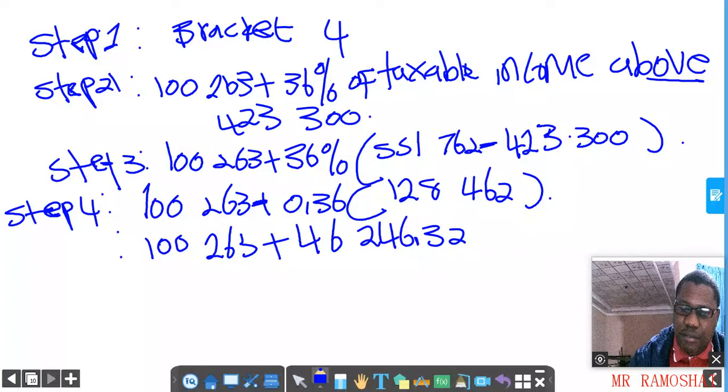We have subtracted and multiplied, then now we add these two amounts: 100,263 plus 46,246.32 is equal to